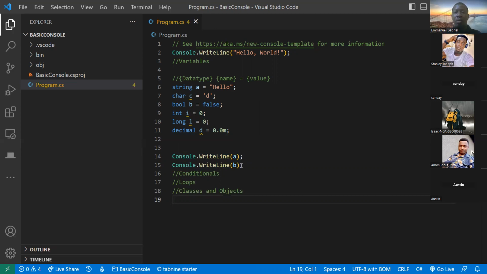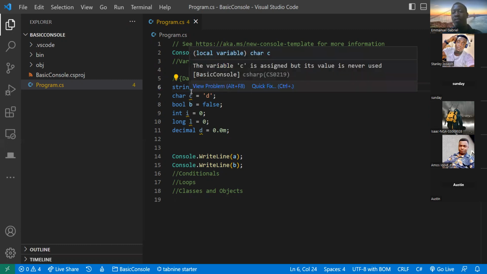Now, another advantage is that if I want to change the value, imagine I have hello, hello, hello in 500 places, but then I want to change that from hello to hello world. If I just change it in the bucket, then it affects those 500 places. But if I don't have it, I have to change hello to hello world in 500 places. That's another advantage of using a variable to store your value.